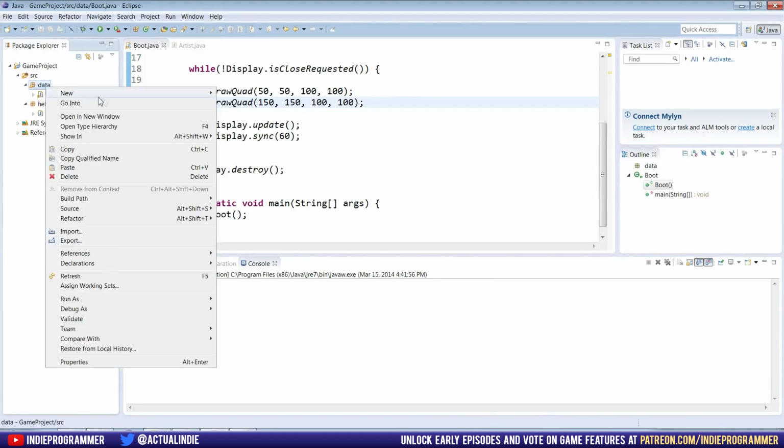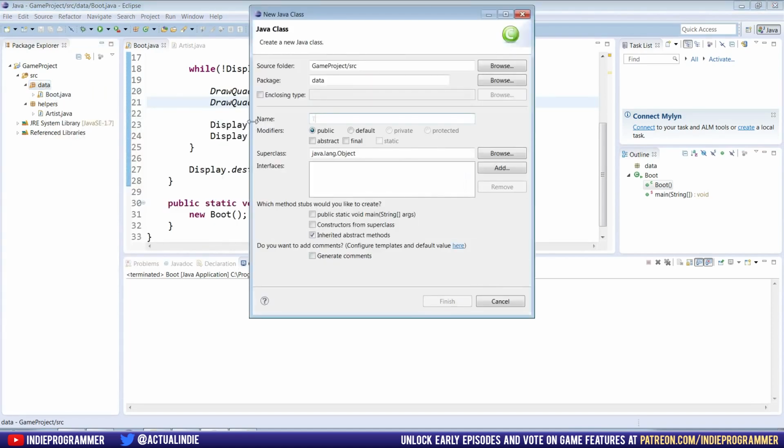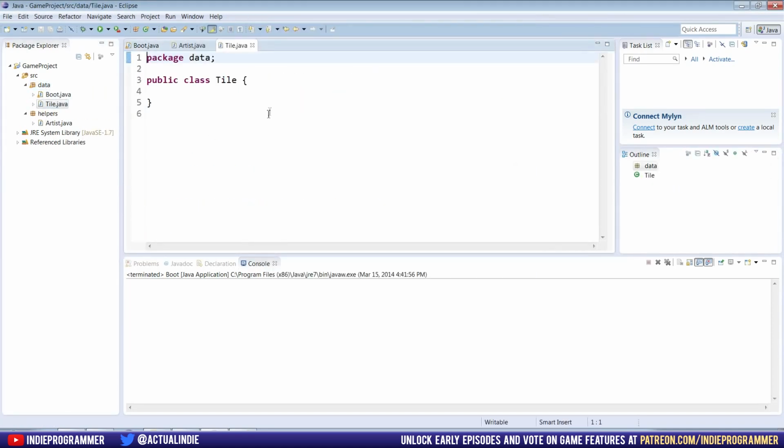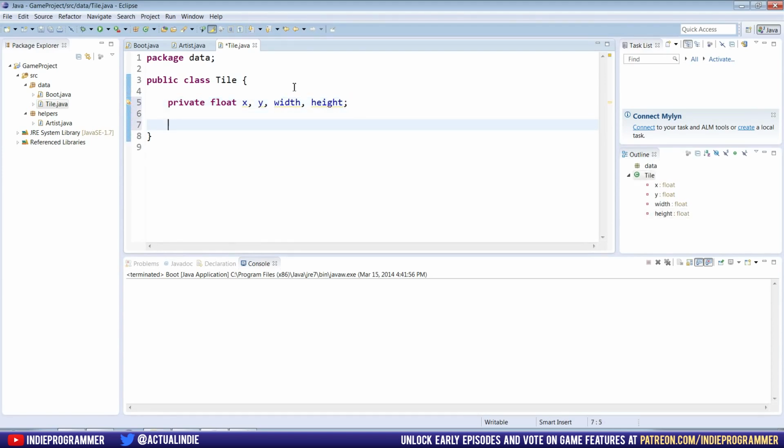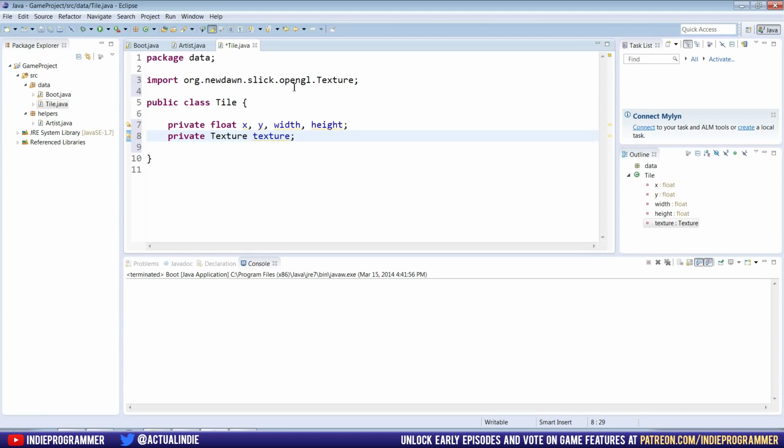So go to data and go to new class, and we're going to call it tile. And let's see, there's some things we need here. We need the x coordinate, the y, the width, and the height. And we also need the texture, which we're not going to put in right now, but eventually we will. So private texture, and then press Control-Shift-O or Command-Shift-O if you're on a Mac, and that'll import the slick texture